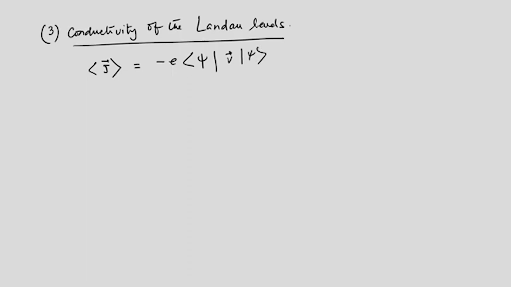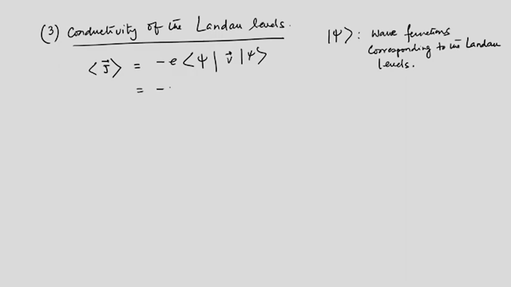So these psi's are the wave functions corresponding to the Landau levels. Okay, so you're taking the expectation value of the velocity operator between them, and the velocity is nothing but minus